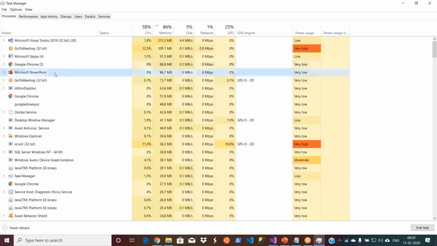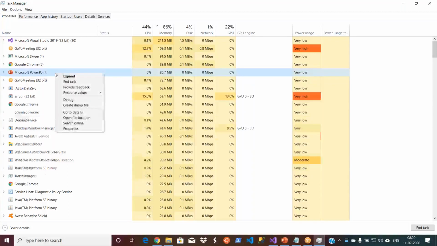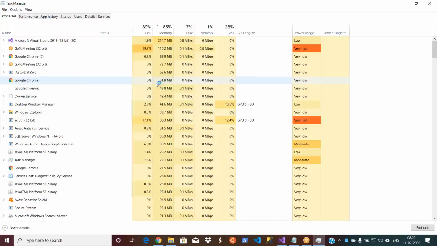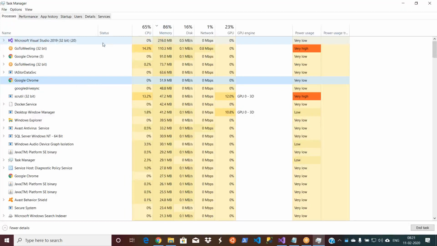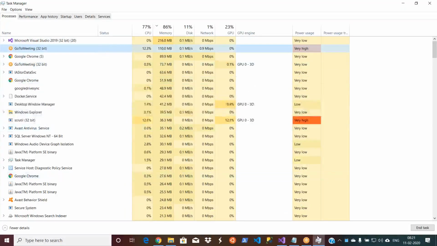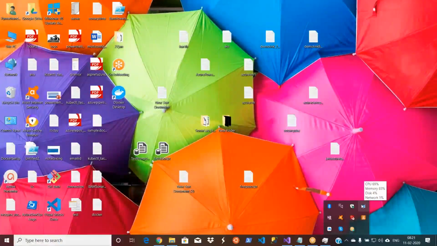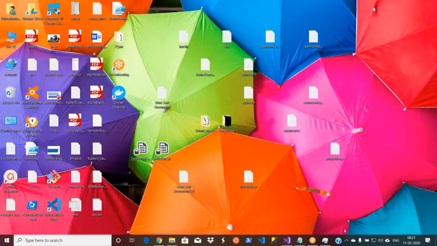I'll close my PowerPoint, then Google Chrome, Visual Studio, and then let me see if it has started. It's restarting. CPU is 69%, memory 83%. That's the reason it is giving me trouble. Give it a second, let it restart.